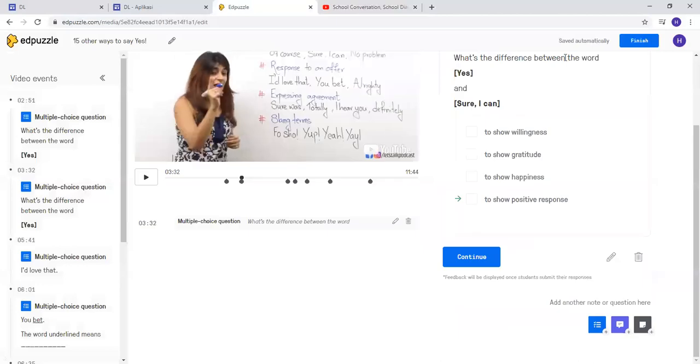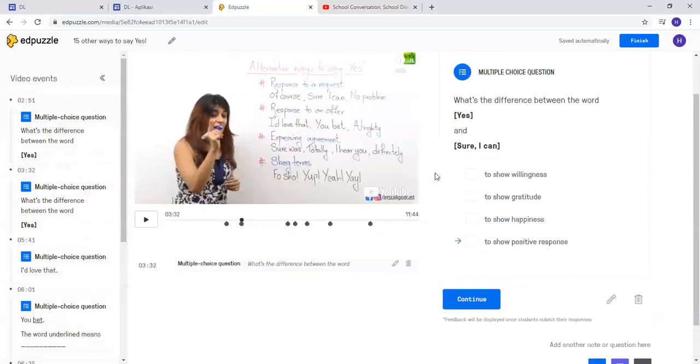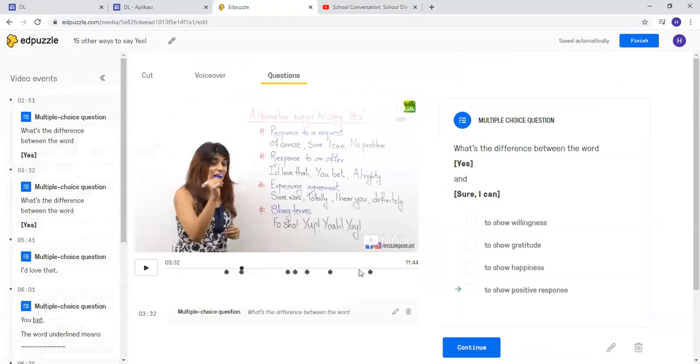Okay, do you note that? Please be careful, yeah? Every single change that you make is saved automatically to the cloud server. So whenever you want to change something, please do it carefully. Okay? After finishing all the questions here, then I can click the finish button